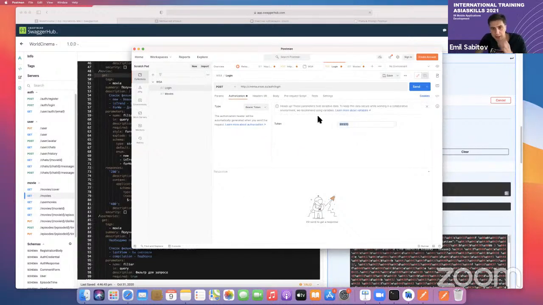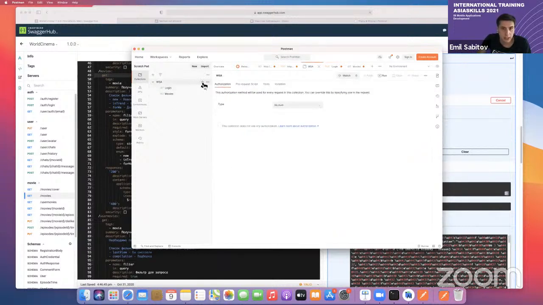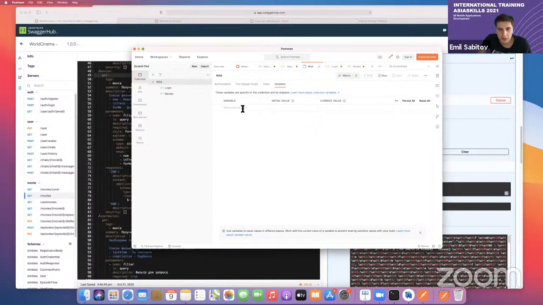But for example, if we want to easily change the token on all requests, and we've got 20 requests or more, we can go to collection information, and here we've got the variables, and we can add a variable like a token, put here information like this one, and then